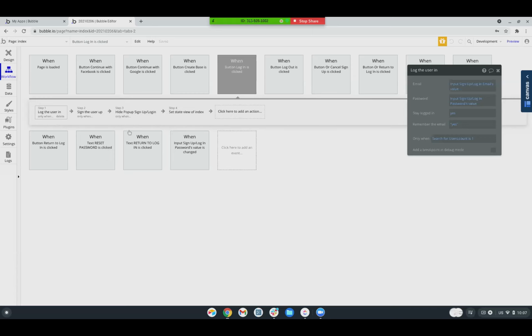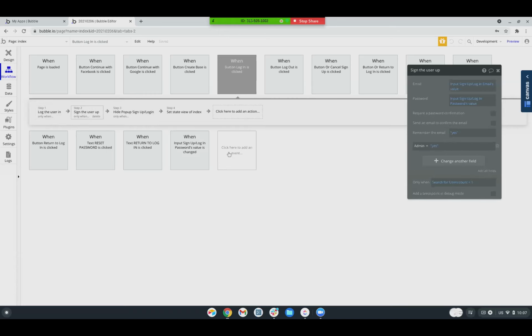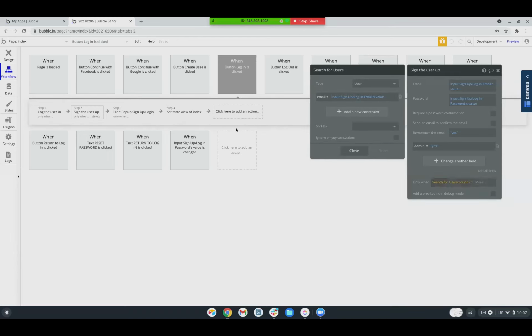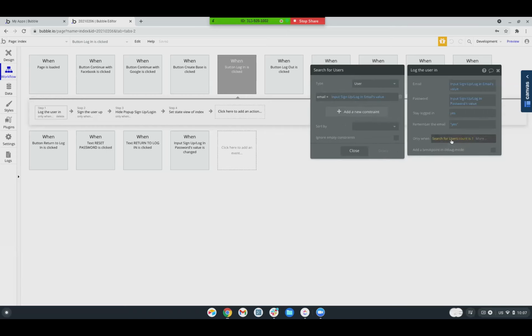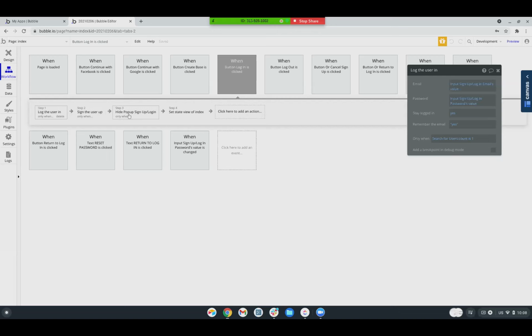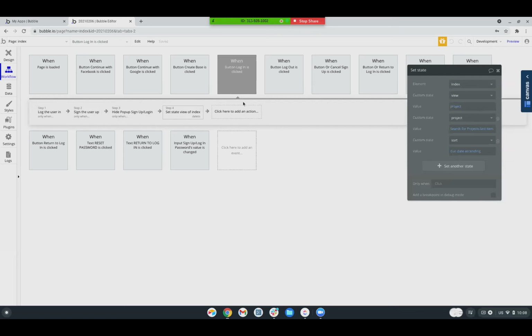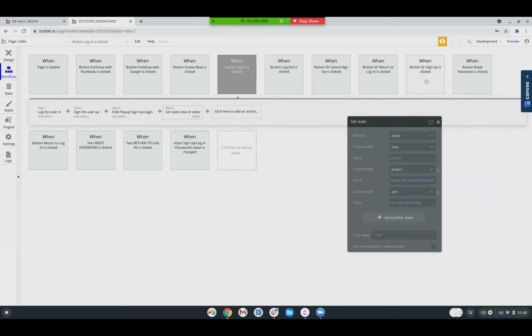Okay. So that's how I did it: if I stay logged in, remember, search for users count is 1, you log the user in, and then search for users count is less than 1. Both based on the email, I assume. Yeah. Okay. And then hide and set the state view. And then if they